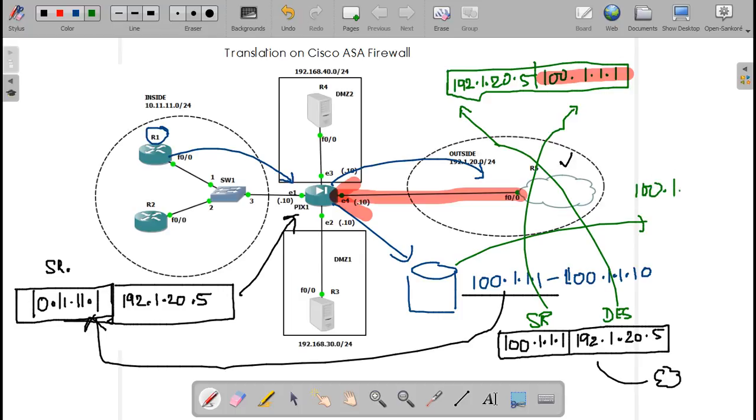So it will see that it has given 100.1.1.1 to the previous source IP, 10.11.11.1, and then it will replace this value and make the packet like this.